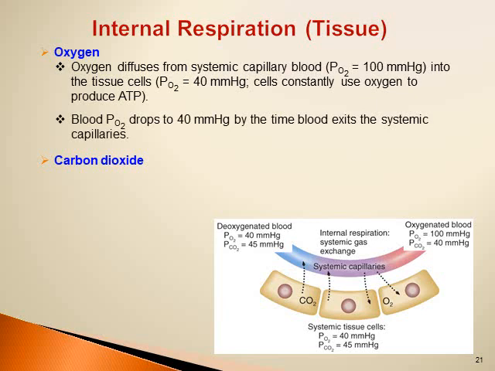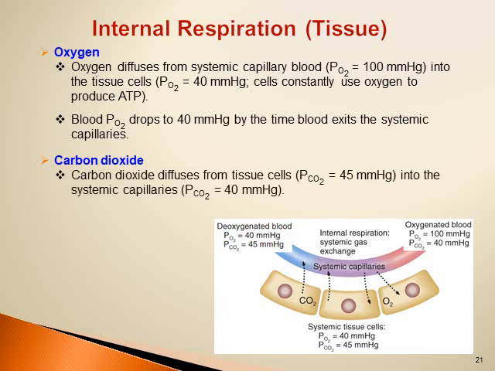Blood oxygen drops to 40 millimeter mercury by the time blood exits the systemic capillary. So as the blood exits the capillary, the partial pressure of oxygen will be 40 millimeter mercury. For carbon dioxide,